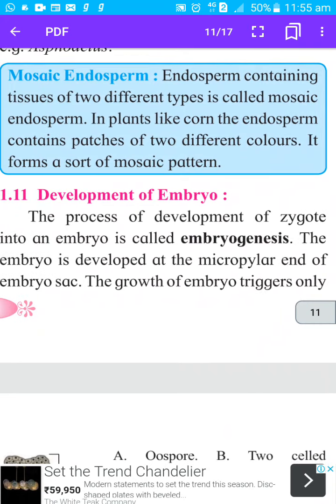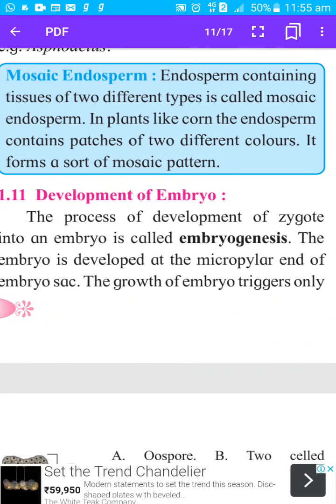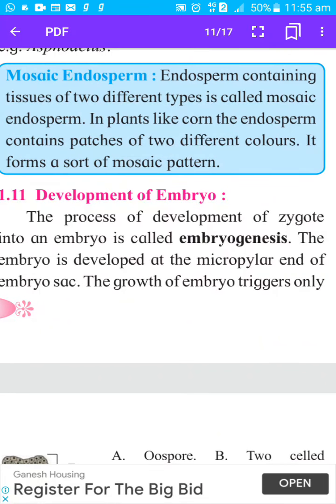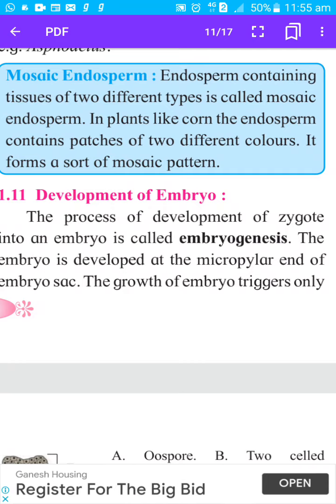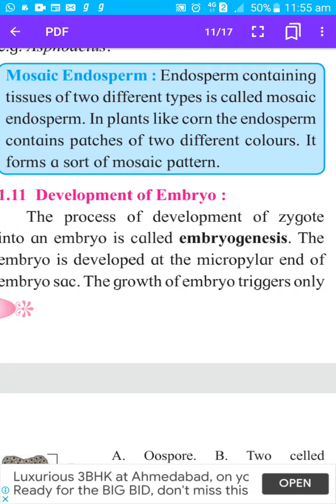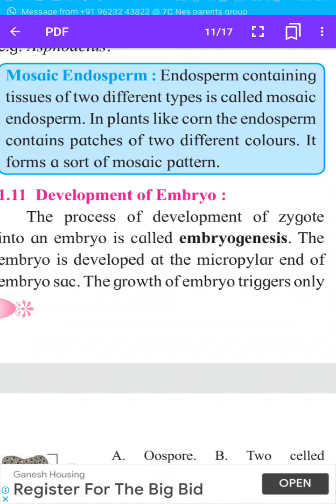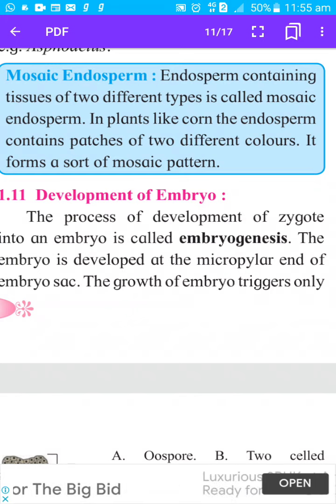It is a seed-like structure which will further develop into a plant. All the plant parts like root, stem, leaves are inside the embryo, and when the conditions are favorable,